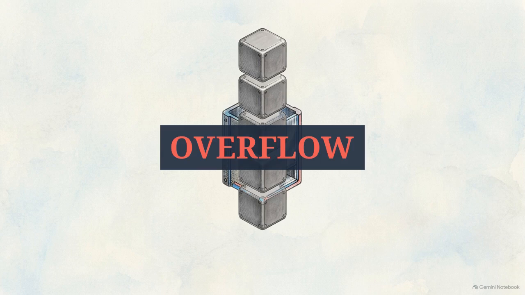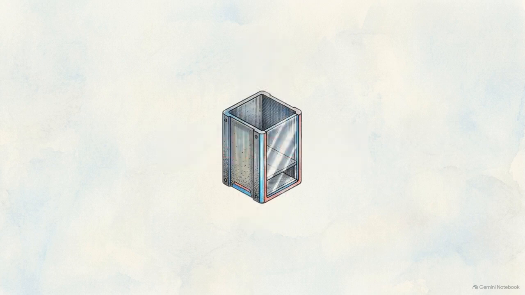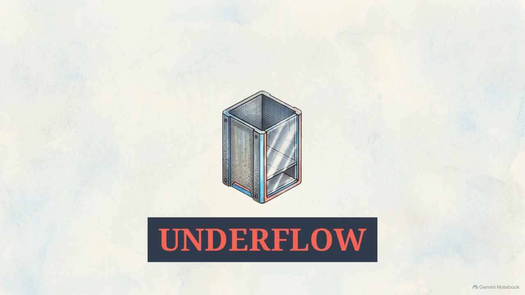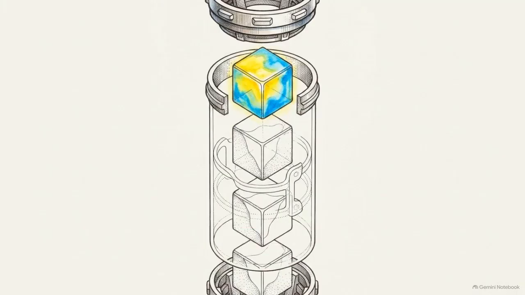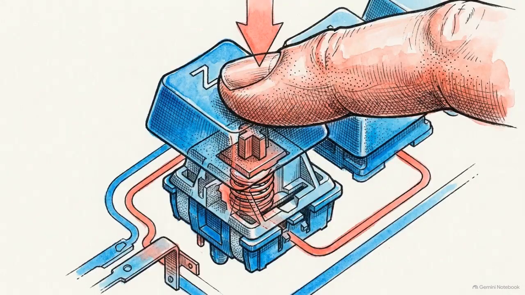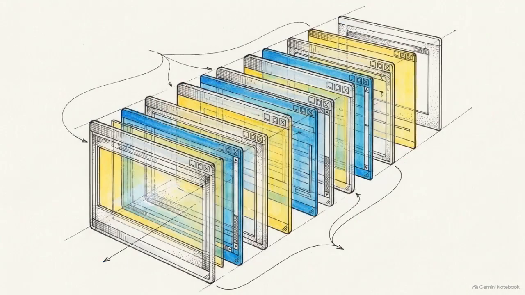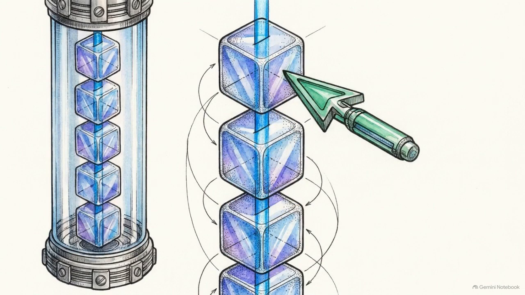If we restrict our container to a fixed capacity, forcing a new item into a full stack triggers an overflow error. Conversely, if the stack is completely empty and your program attempts to remove an item, the system fails with an underflow error. This restricted access ensures chronological integrity. By forcing us to handle the most recent data first, the stack guarantees that whether we are undoing a single keystroke or managing the nested layers of a running program, the system retraces its steps in the exact reverse order